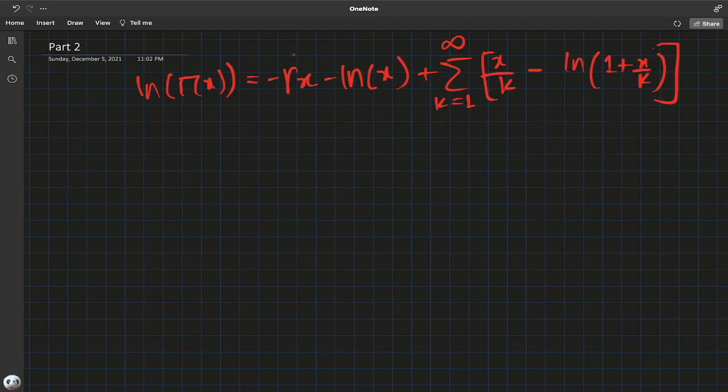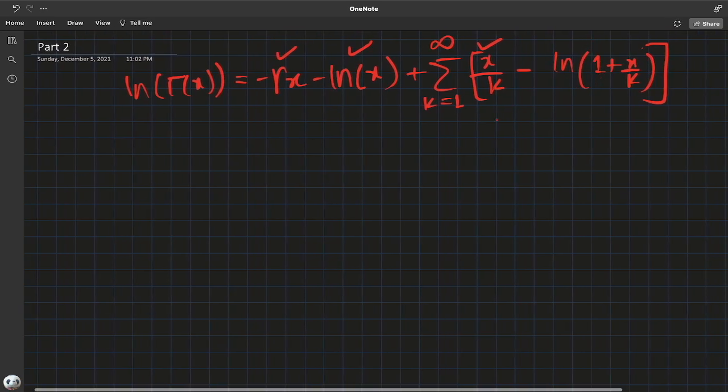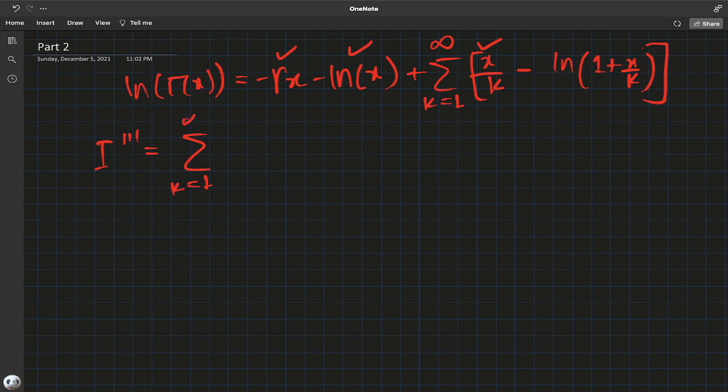So, we accounted for this term, that term, and the inside linear term. Now all we have to account for is this natural log of 1 plus x over k inside the sum term. So how are we going to do that? Well, slow and steady wins the race. Just write it out. There's no way out of this. So take the sum outside, and we're going to have a negative coming out. Integral from 0 to 1, natural log of 1 plus x over k, the sine function of 2 pi n x